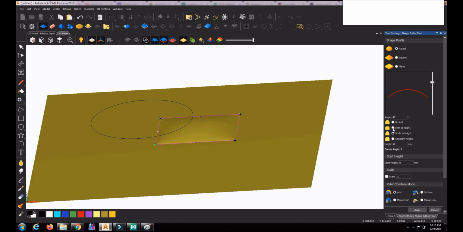That limit value we give here as height, and the profile shape will be different. With limit to height, it will be flat on the top. With scale to height, it will create a perfect round shape, but it will compromise the angle value. It will take a different angle, not the angle given here in this scale to height option.